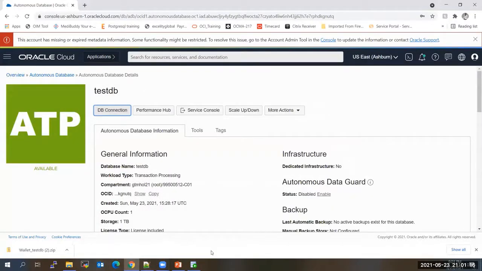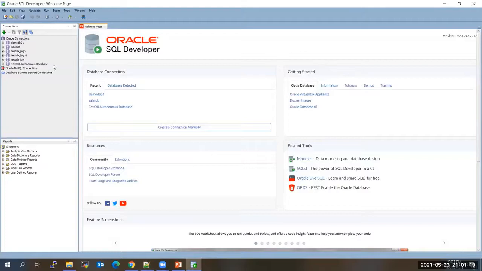So let me open SQL Developer. Click on the new database connection button.